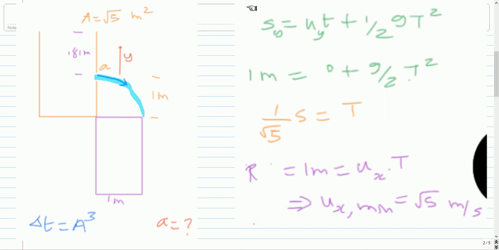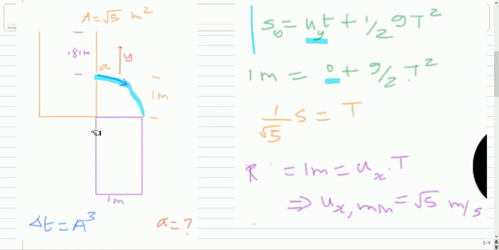So let's take the vertical motion. s is equal to ut plus half at square, and the initial velocity here is in the horizontal direction. So in the vertical direction, the initial velocity is 0, so this term is 0 and g is 10. So from that we get the time of flight, the time for the water to go from here to here, capital T, as 1 by root 5 seconds.